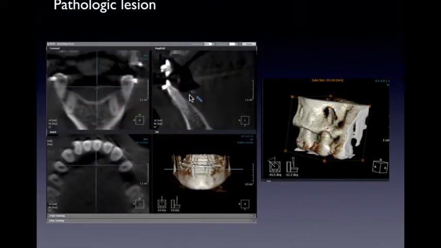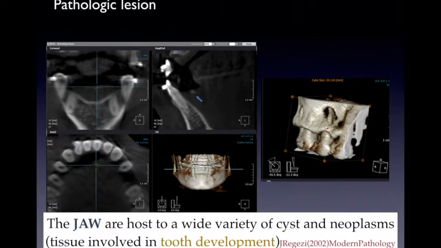Sialolith, since it's very calcified, could be clearly seen on your CBCT. It would show here, like in one of these cases of a very small sialolith on your submandibular gland duct opening, and you would see it as this amorphous calcification. Now, since most of our lesions are found intraosseously, thank God, CBCT being of high value in terms of